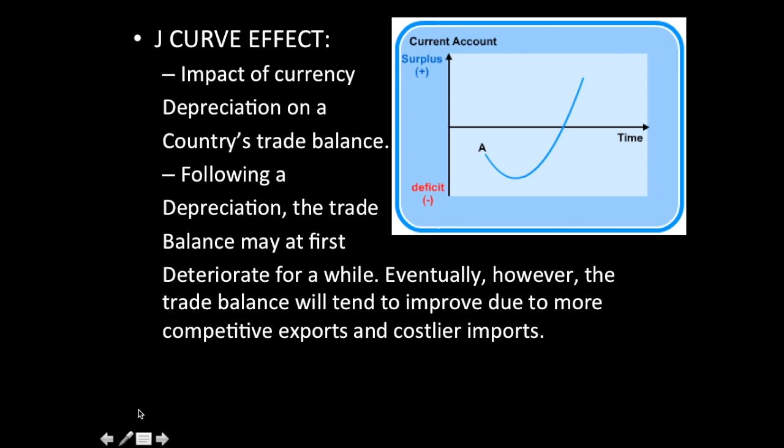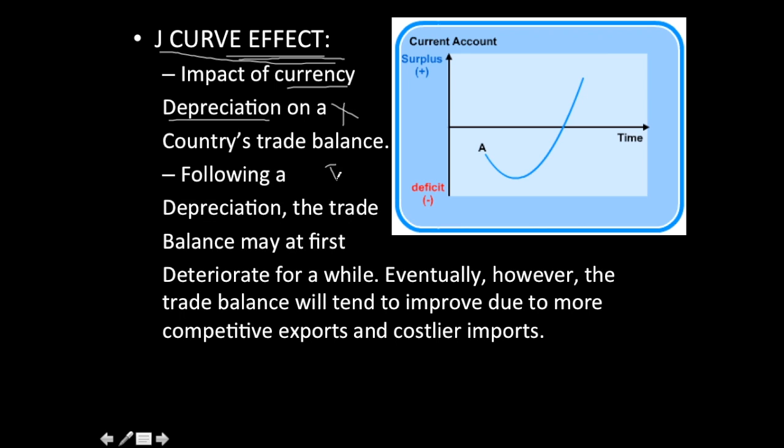J curve effect, very important, both for economics optional as well as otherwise, it can be asked. Very simple and very basic in nature. What is the J curve effect? When any country's currency depreciates, you all know that exports become competitive and imports become costlier,